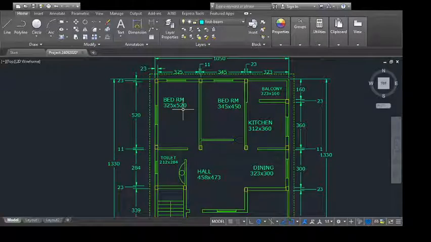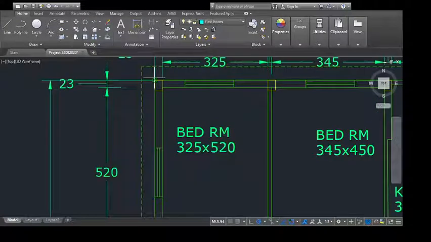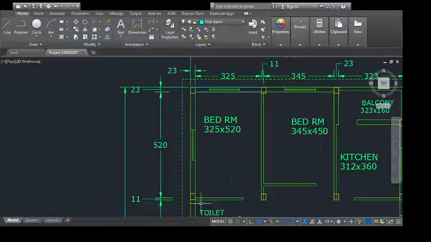So I start by placing the beam right at the first corner. For the first room, I'm providing it from column to column, from column face to the column face. That's my first beam which I have placed. The second beam I would prefer placing over here. The first beam, please note, is covering the full wall. That means the full wall thickness sits on the beam.